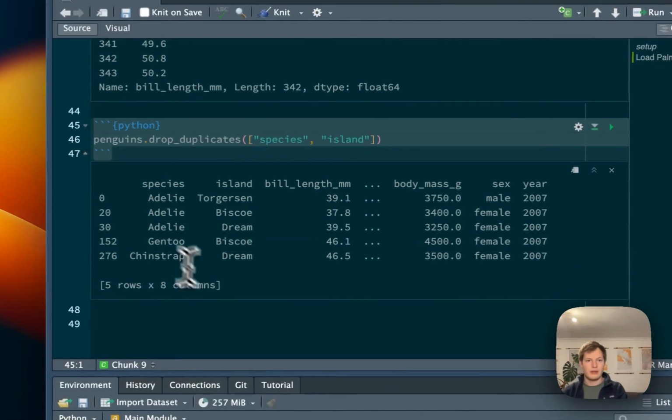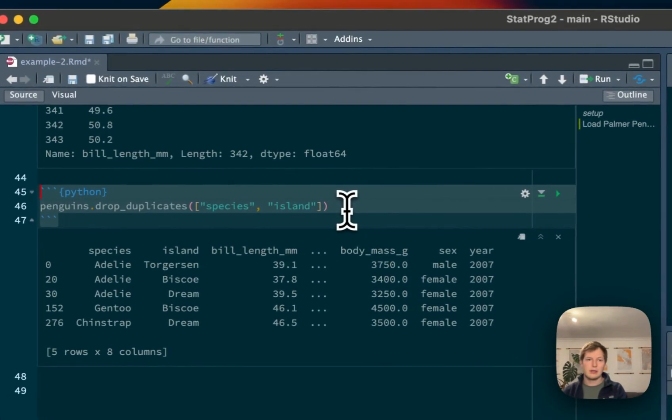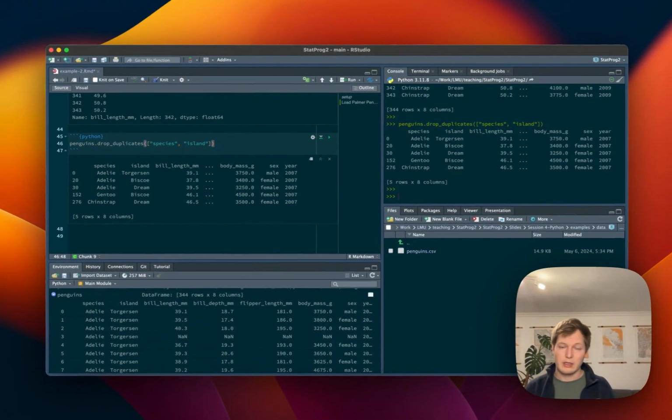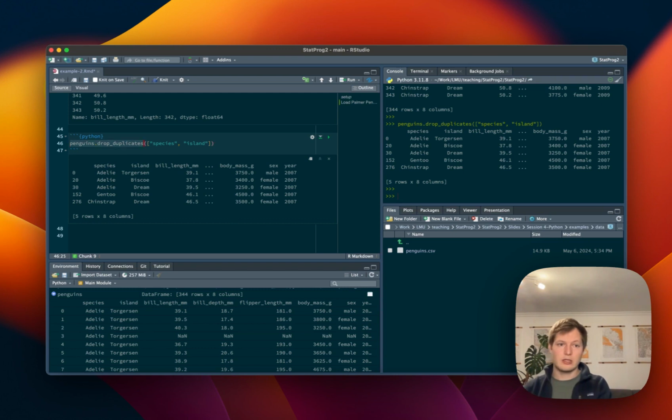One more important thing is, because we're just doing all these changes right now and we're not saving them, typically when you want to actually save these changes, you would have to overwrite penguins this way, and then do your work, which is of course a bit more code. So there's also the alternative of inplace. Almost every pandas function has the option inplace. And if you give this a value of True,